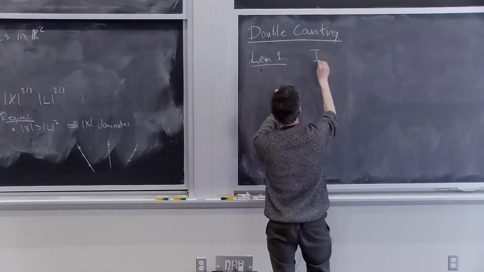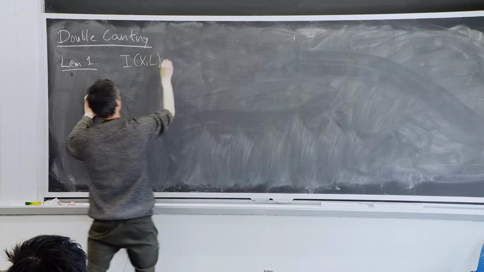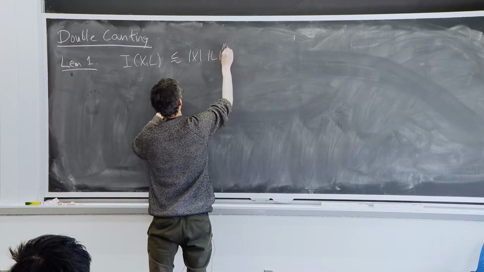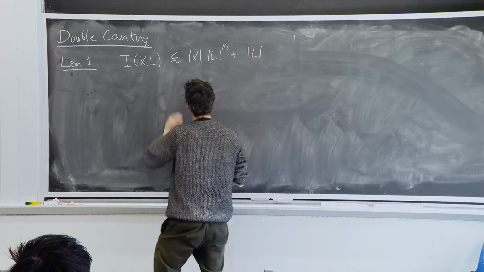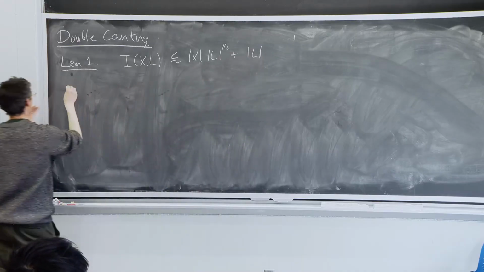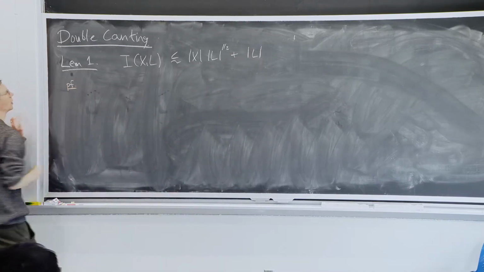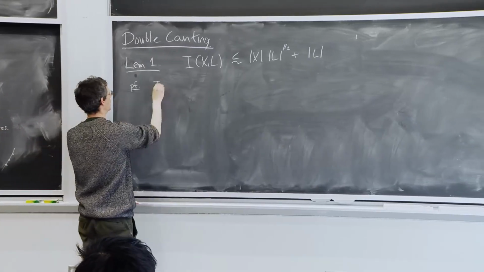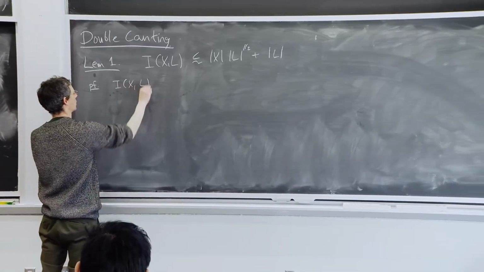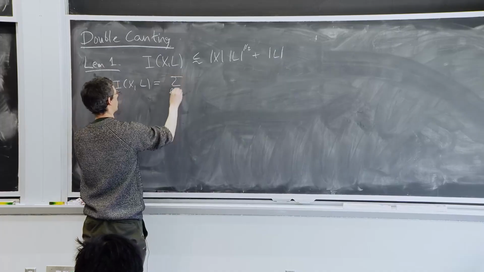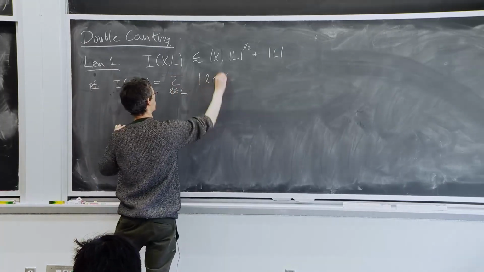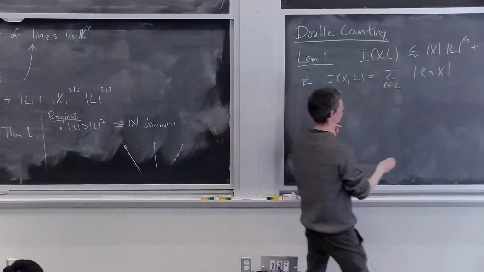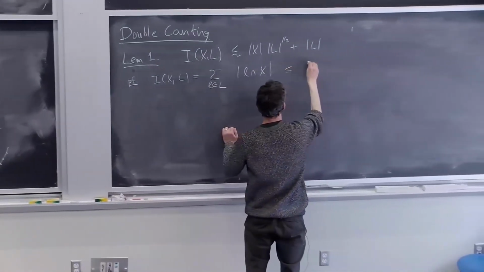I'll call it lemma 1. The incidences between x and L are bounded by x times L to the 1/2 plus L. All right. So here's the proof. OK, so the incidences are the sum over the lines, and I count how many points are on each line. And now I'm going to Cauchy-Schwarz that. So it's less than